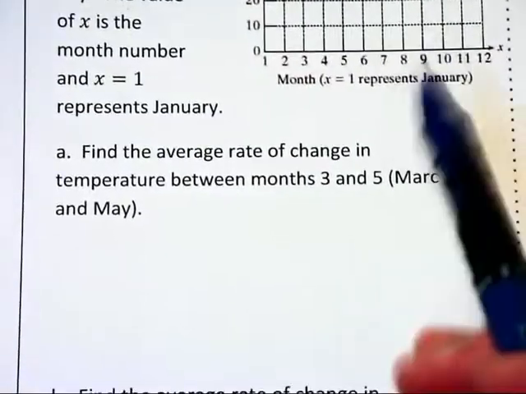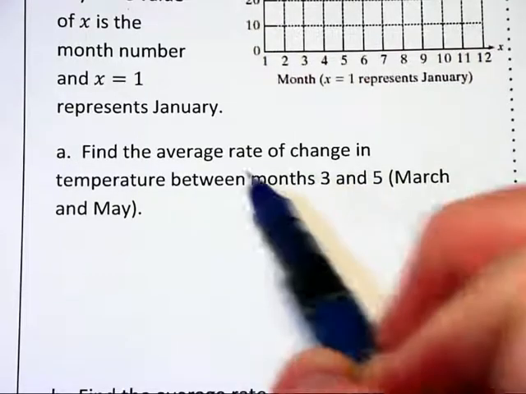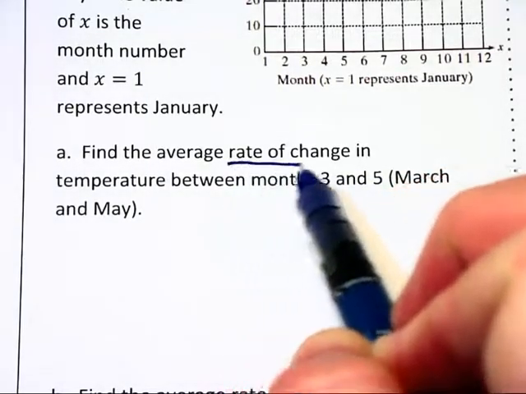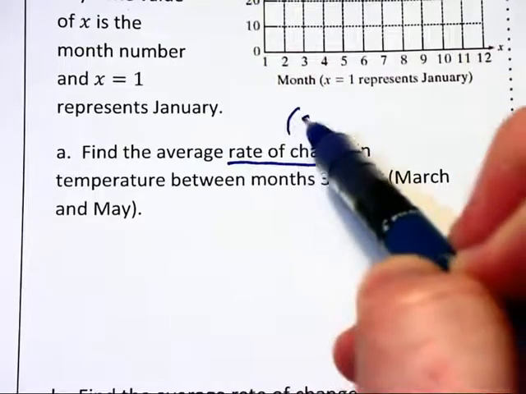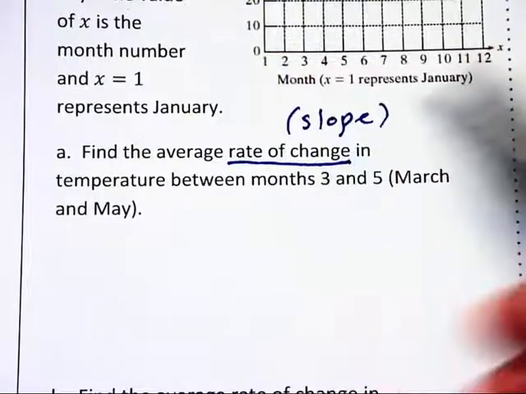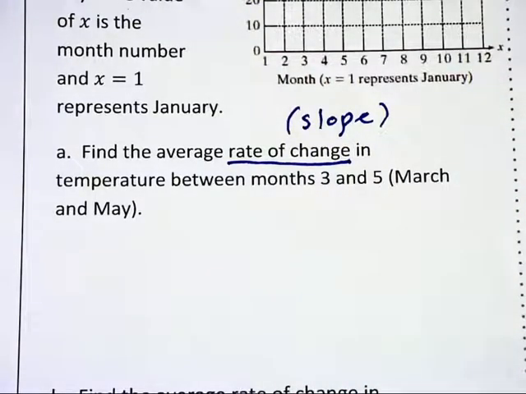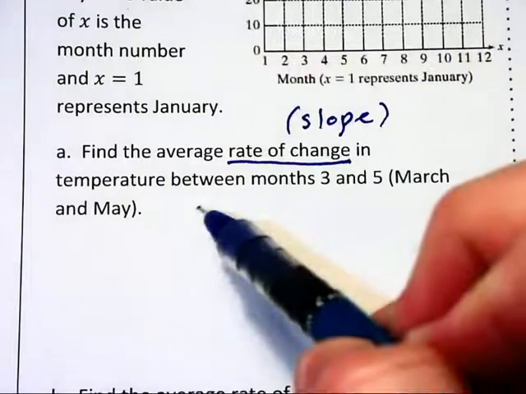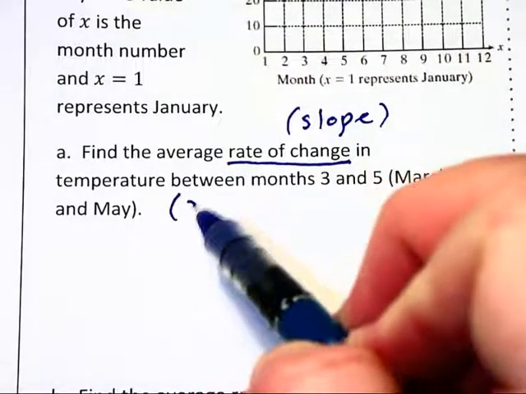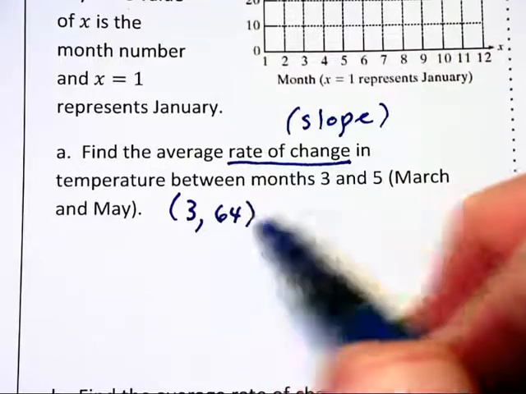Okay, let's go on here. Find the average rate of change. Okay, anytime you see the words rate of change, that means slope. Basically, find the slope between months 3 and 5. Well, up in the graph, they've identified 3,64 and